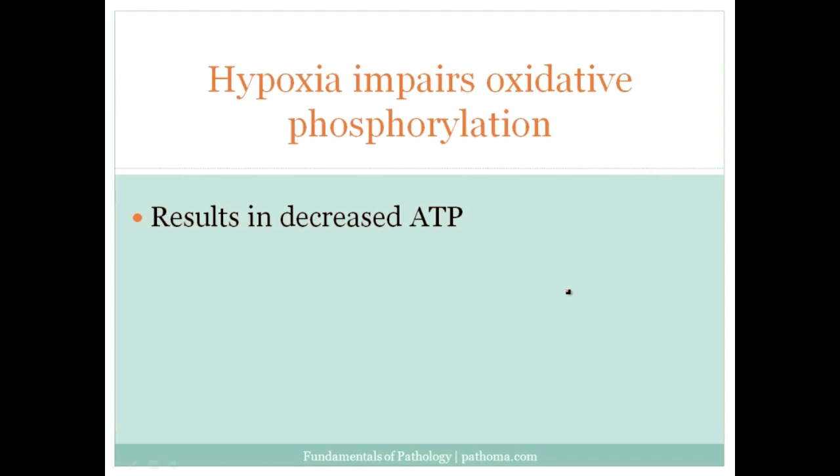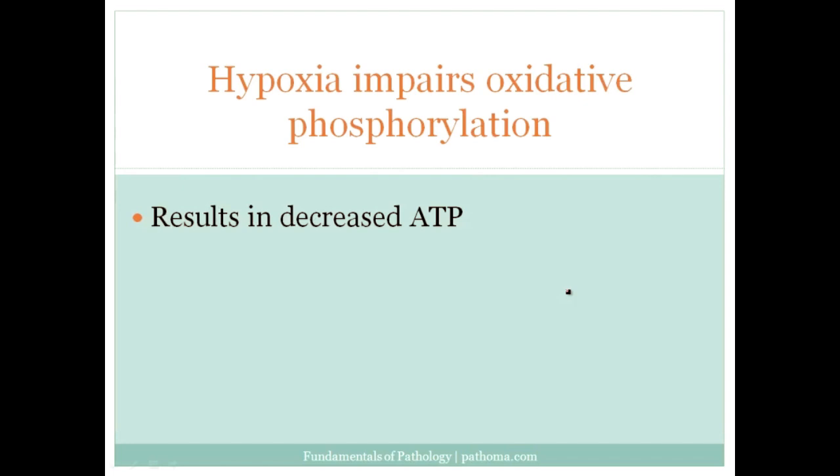So when we have hypoxia or low oxygen delivery to the tissues, what's the consequence? That's sort of the next discussion. And the key consequence is that it impairs oxidative phosphorylation. I've already told you prior, and we can repeat this here, oxygen is necessary as the final electron acceptor in the electron transport chain. And low oxygen will result in low ability to generate ATP, and low ability to generate ATP will result in cell injury because ATP is a necessary energy source for cells.